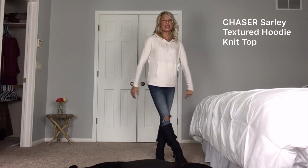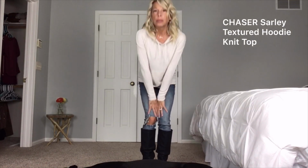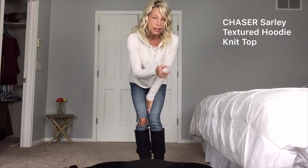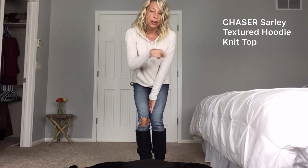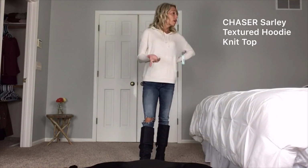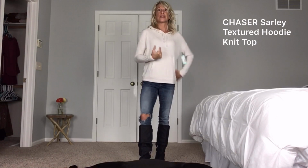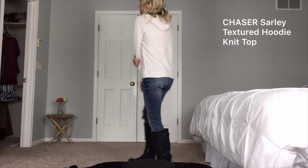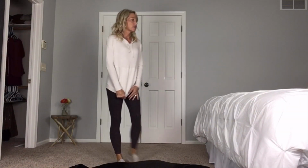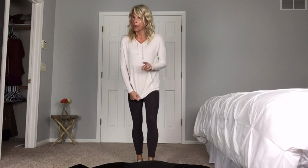It is really casual. It's one of those things though, do I want to pay money for this casual shirt? I should, because I will actually wear it. But I don't really want to because I don't think it's that fantastic. I would like your opinion on this one too. It is comfortable and cozy and something that I would likely wear. And so there's that. So these are the leggings, which I don't actually know who they're by, but I will